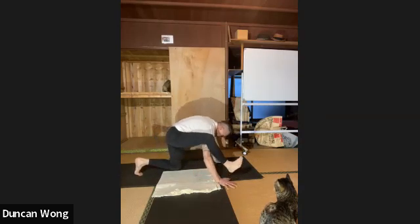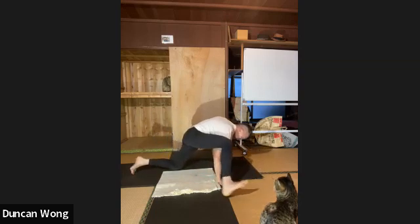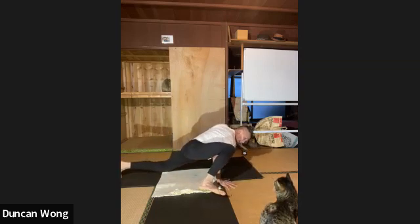Push up like a dog, down dog. We'll kick around. Rest the inner thigh on the upper arm and take a few presses for 5, 4, 3,